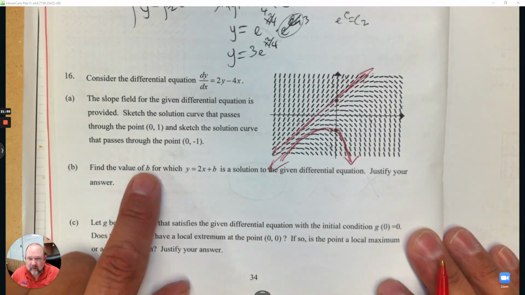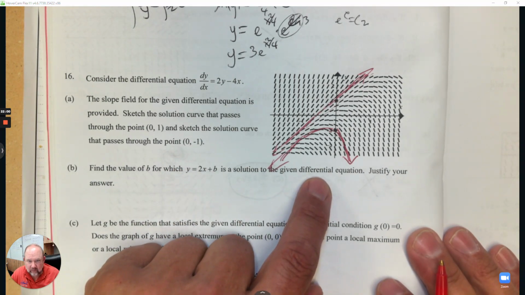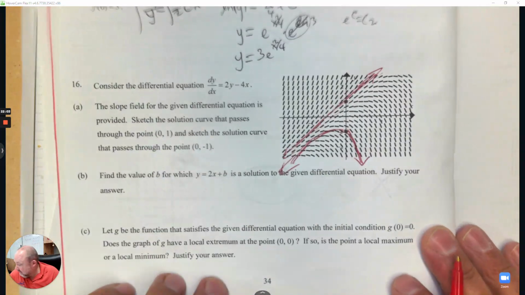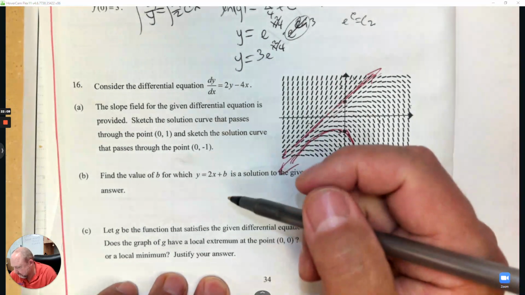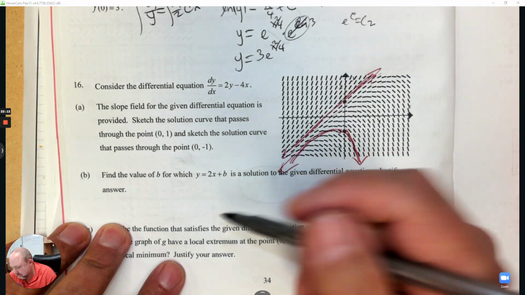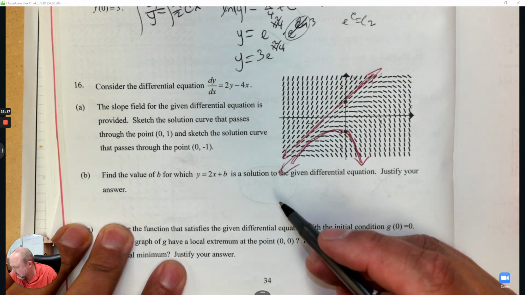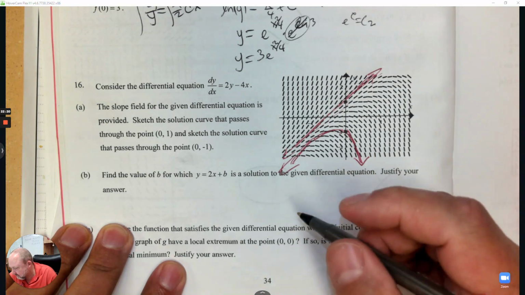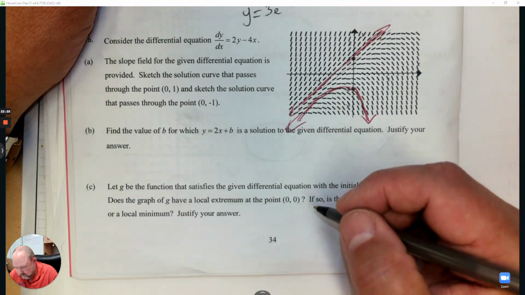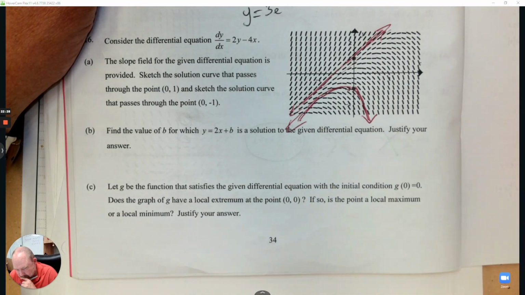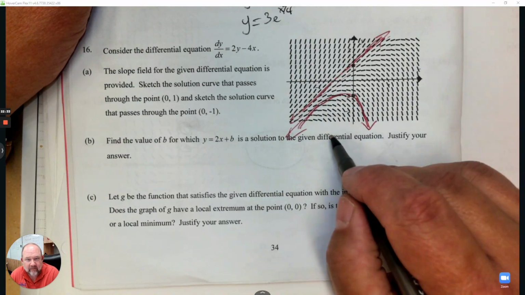It says find the value of b for which y equals 2x plus b is a solution to the diffy q. All right, so I'm going to solve that diffy q. I'm going to separate the variables. So at the point, oh, and sketch it. For 0, 1,